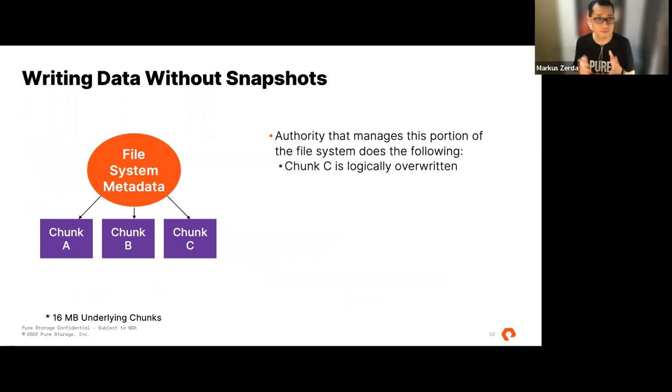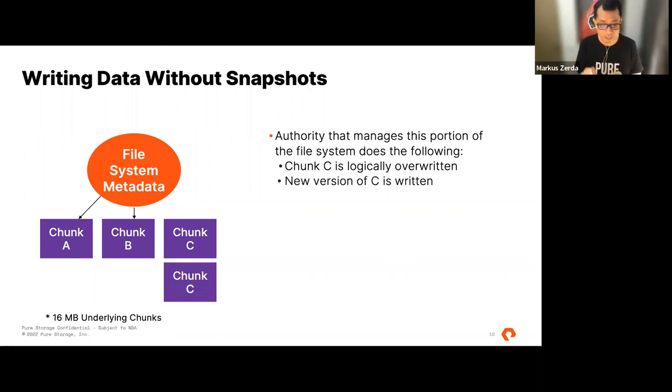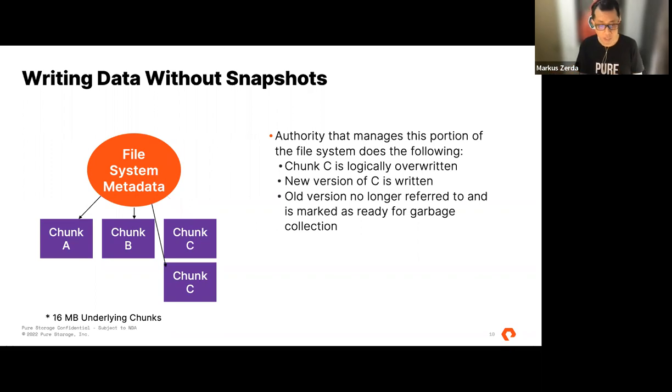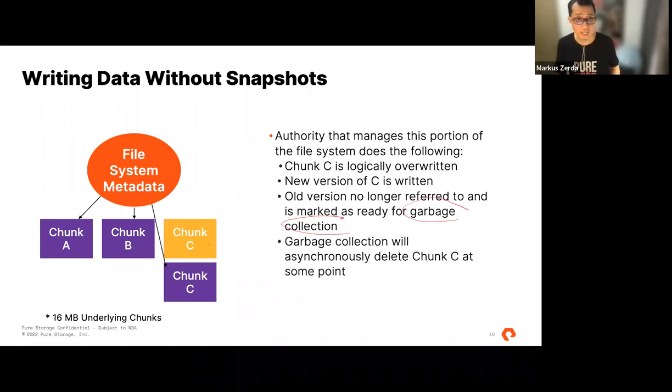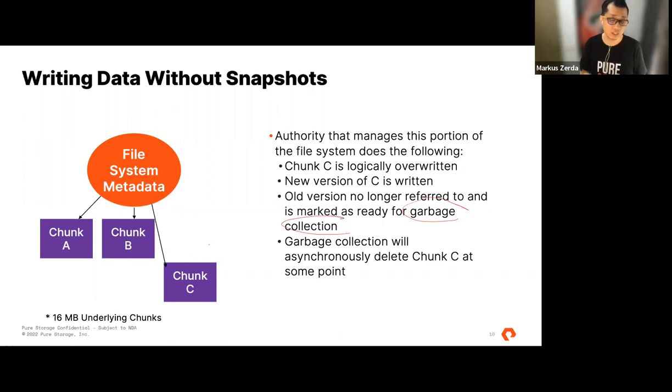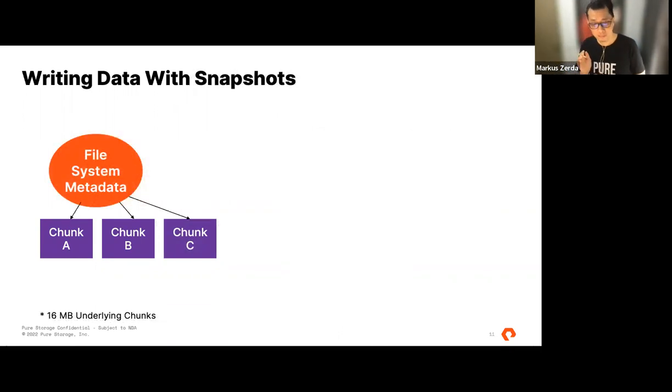So if you have a file system with a snapshot, the file system name is just pointing to the actual data. So you have chunk A, chunk B, chunk C. Let's say they overwrite chunk C and you don't have any snapshots. Chunk C will be marked for garbage collection, or GC, and garbage collection will delete that chunk C at some point in time. But if you do have a snapshot,